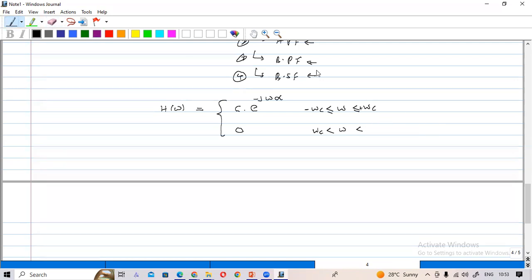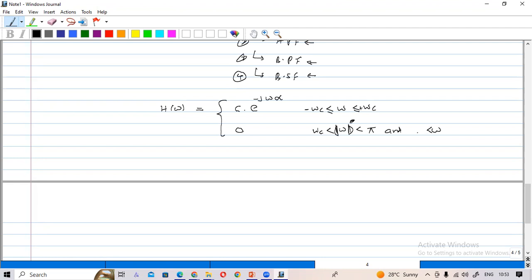Greater than omega c and less than 5.0. Okay. I hope if you put it like this, that is correct. Okay. I'm not sure about this. But anyway, I want to write this: omega is between omega c and +5, and